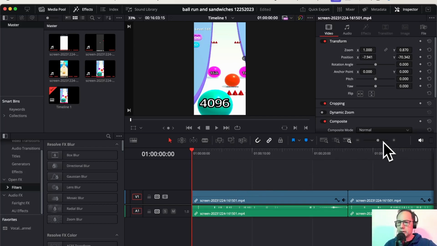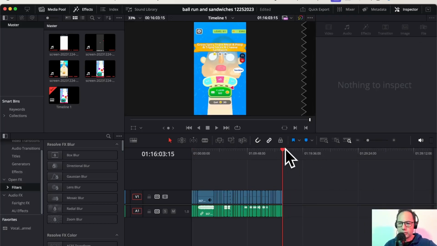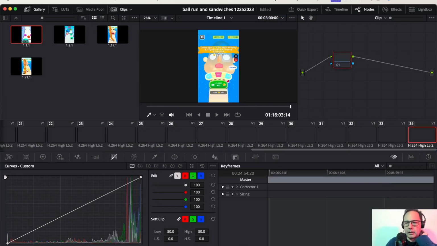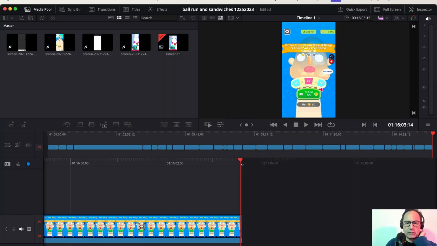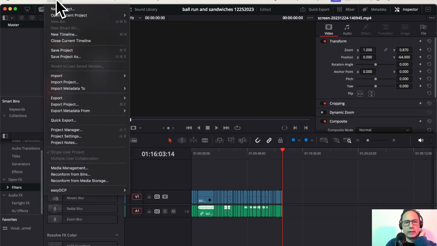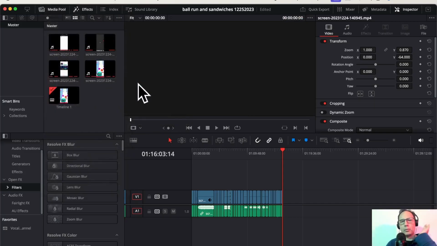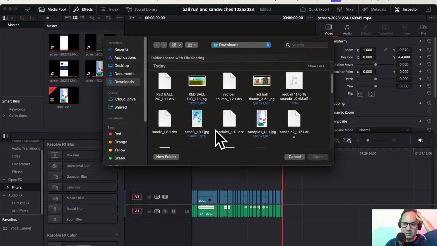So let's go to the end here. Now we should have, what should we have here? In the color, we took some stills. So let's go ahead, so we have these. That's what our thumbnail basically is. Let's go ahead and import those. I don't know if they can just be imported without going through these secondary steps, but